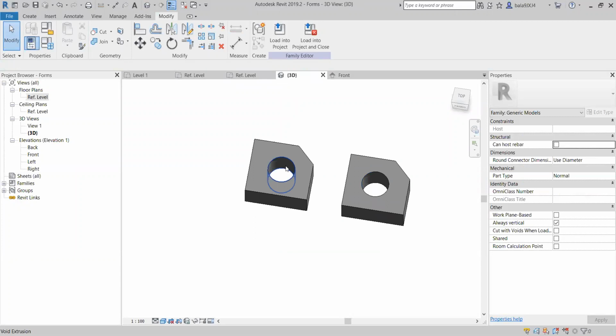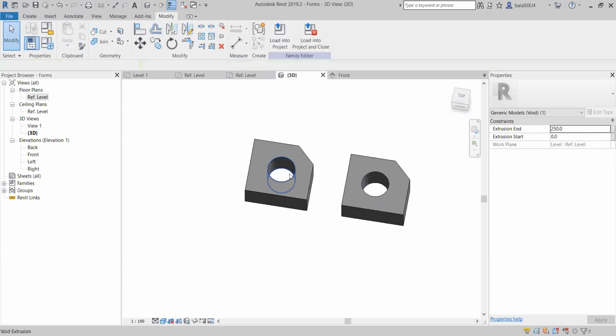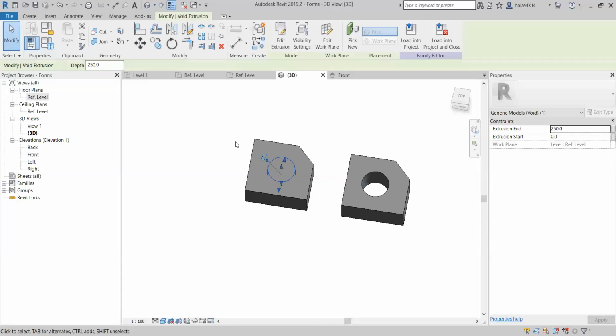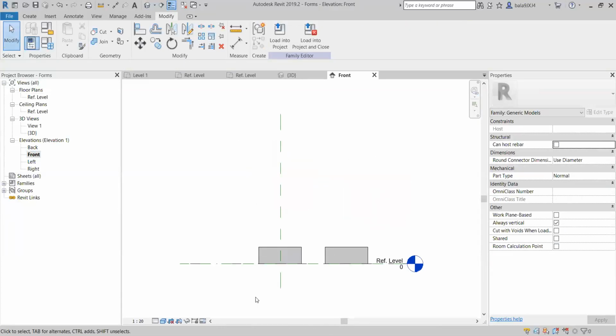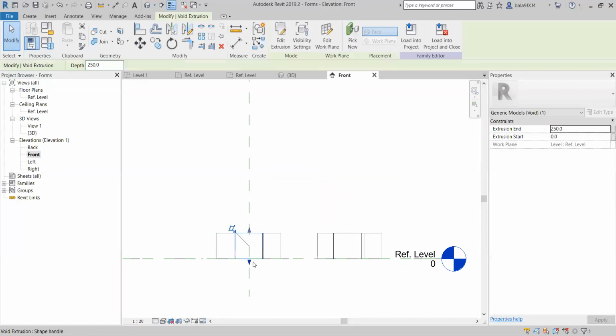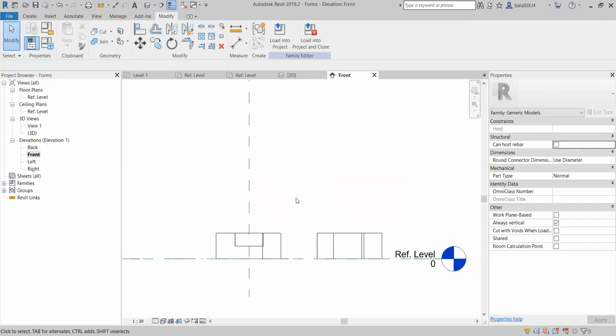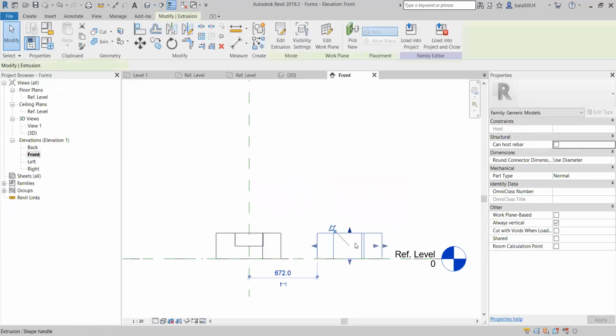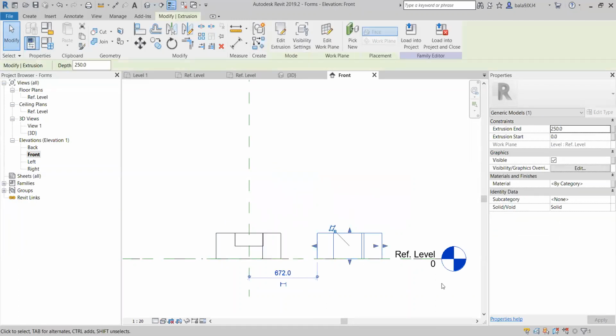But what is the use of the void? For example, if you want to adjust the hole of this geometry, let's say I'm going to the front view. If I see the wireframe, here you can see this geometry. Here I can get the void geometry, I can adjust how much I need this hole. But in this geometry, I cannot make it.